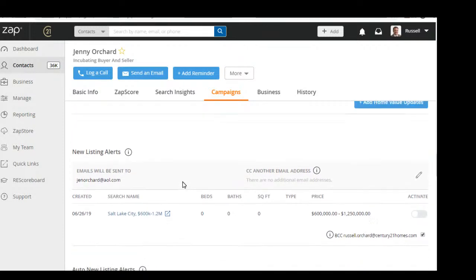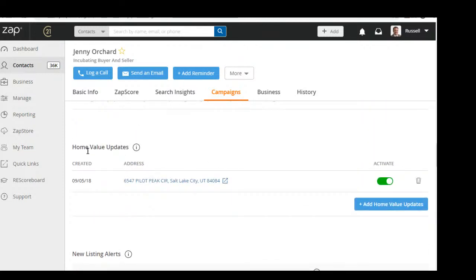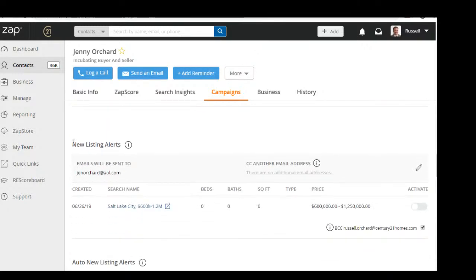But think of it this way. This is what I would typically set up for potential sellers. For potential buyers, I would set up new listing alerts for the area that they're interested in. Or for active buyers, definitely. Yeah, for me, on active buyers, I